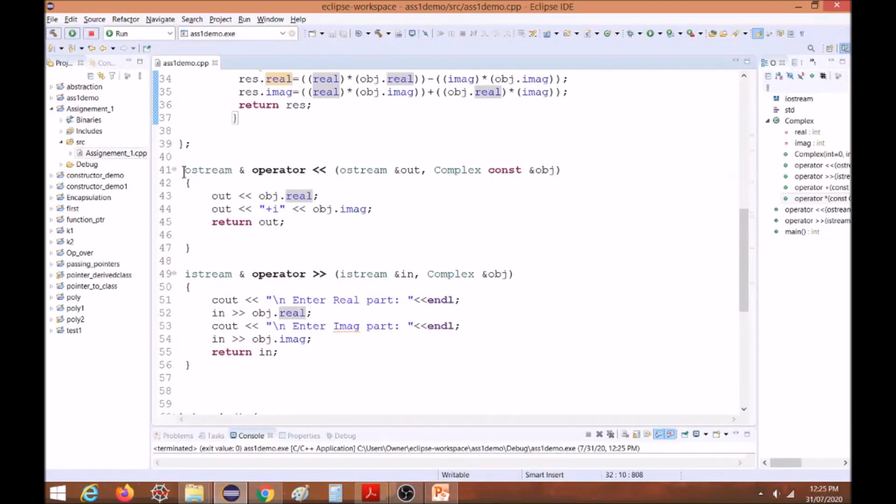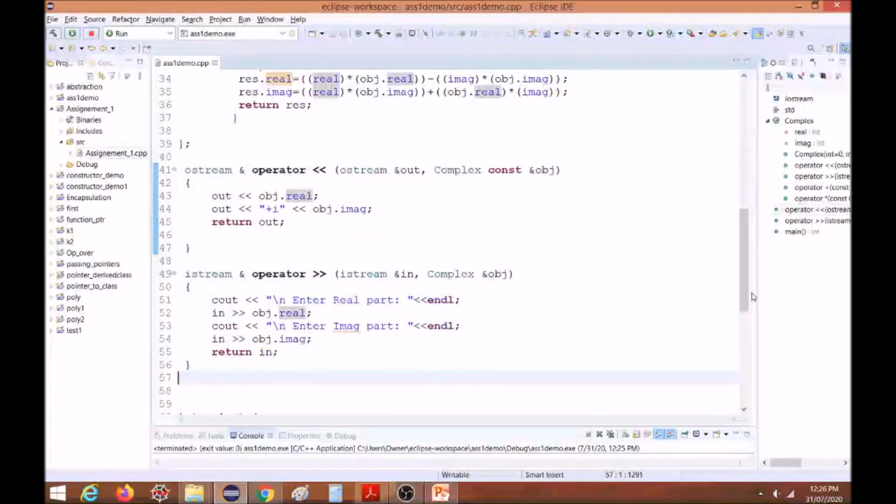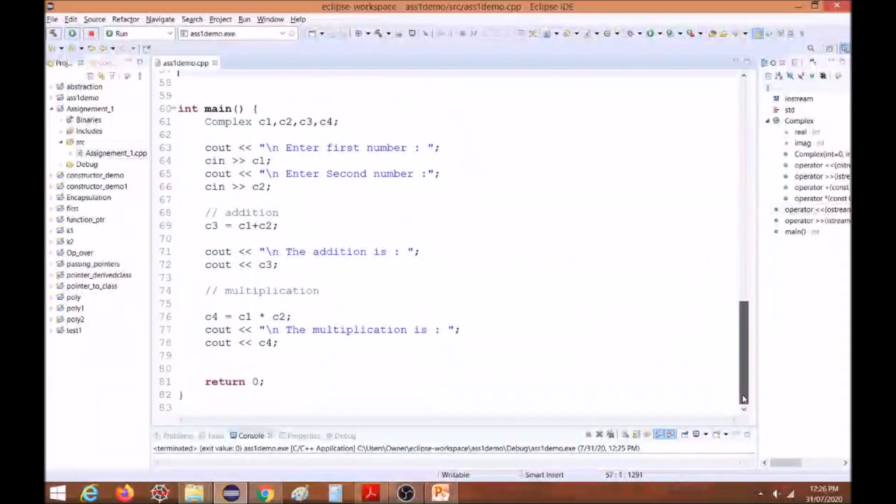This function is for overloading the stream insertion operator, which displays the output on the screen, and this is the function used to accept the input from the screen as a complex number. Okay, so this is all about the first assignment.